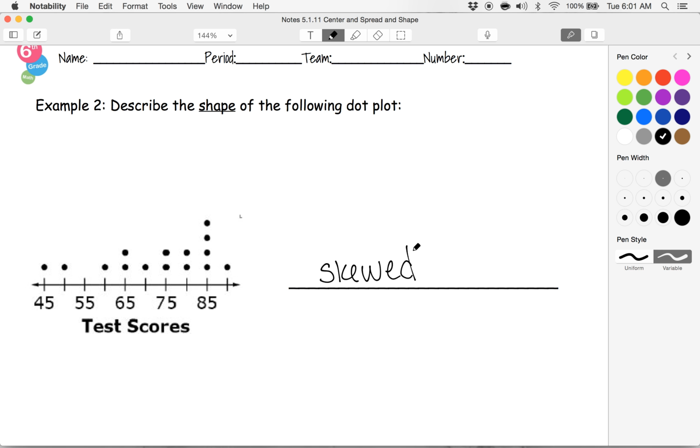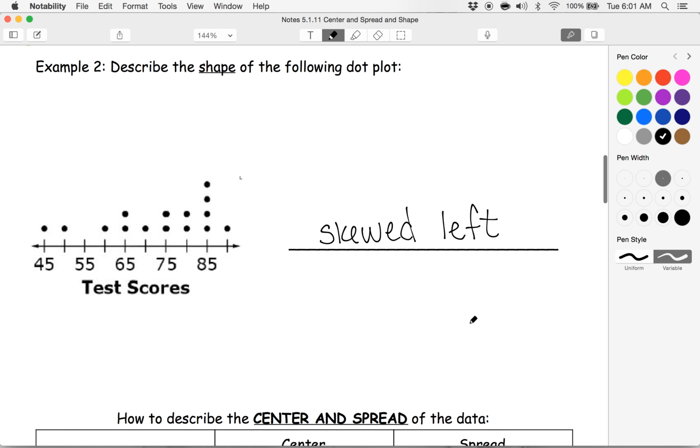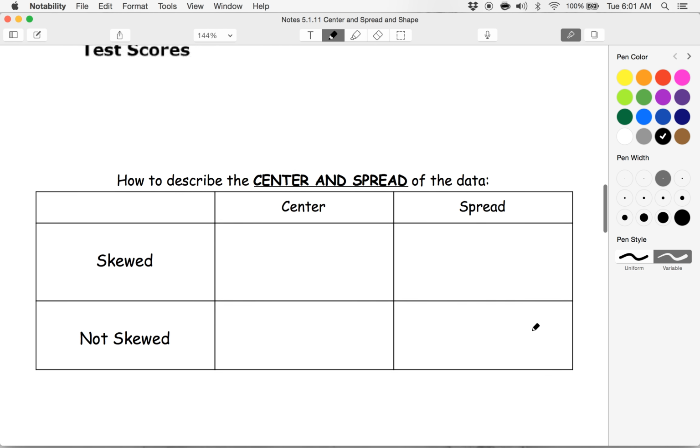So now that it's skewed, we have to think, is it skewed left or is it skewed right? It looks like my empty spot is going to be on the left. So here we're going to write skewed left. All right, so now